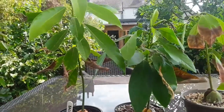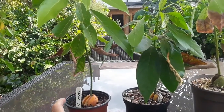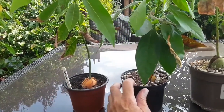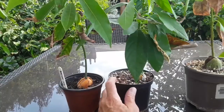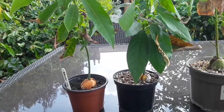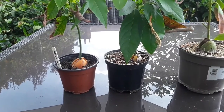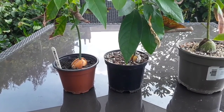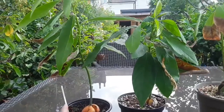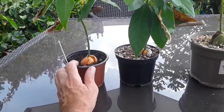The conclusion I've come to is that the best compost for avocados is actually just either a completely plain standard compost from the pot, or possibly a citrus mix. The pure aggregate mix is too aggressive and too heavy for the plants to get established with it. Now what I would say, and that tells me that the main problem with avocados in our country, especially over winter, is clearly overwatering and drowning the roots. Not necessarily because the plants don't like a lot of water, which they do, but I think